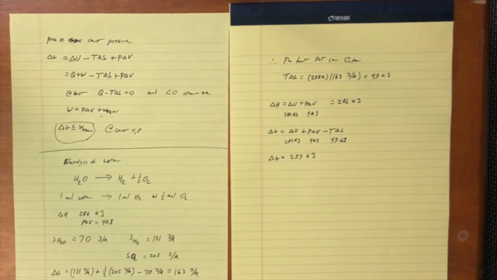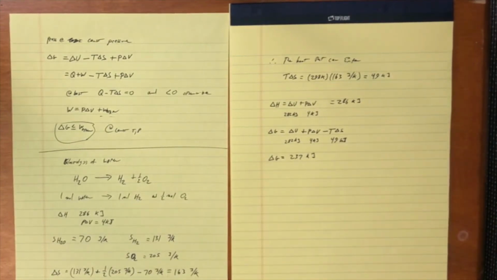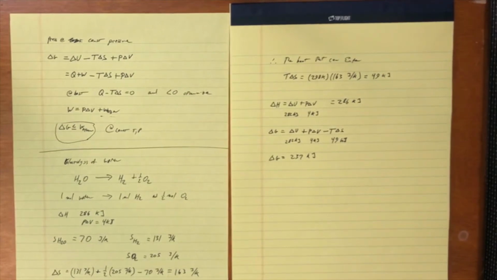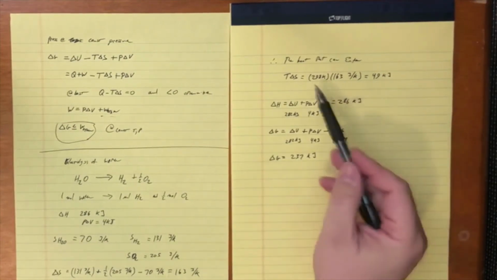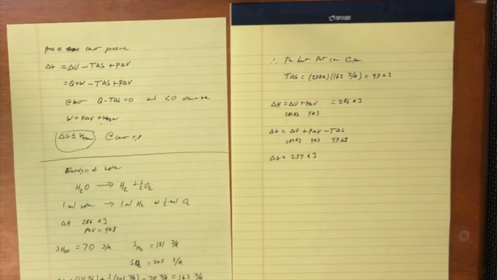So to split water into hydrogen and oxygen, we need to supply the 237 kilojoules of electrical work per mole, and we can suck 49 kilojoules of energy out of the environment at room temperature, and this will give us the required 286 kilojoules to generate our hydrogen to run the reaction forward. Okay,